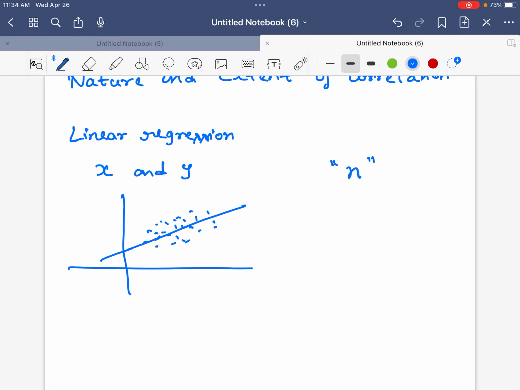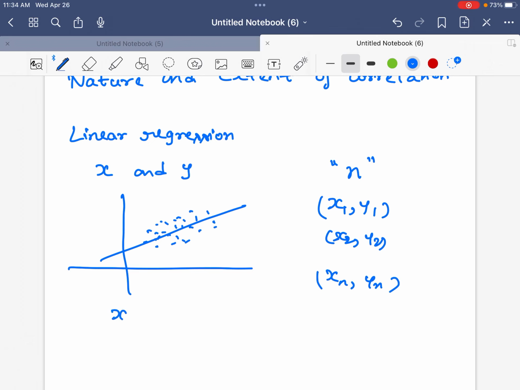For example, you are given n data points x1 comma y1, x2 comma y2, so on up to xn comma yn. If we fit a straight line by the method of curve fitting with the help of least square method to